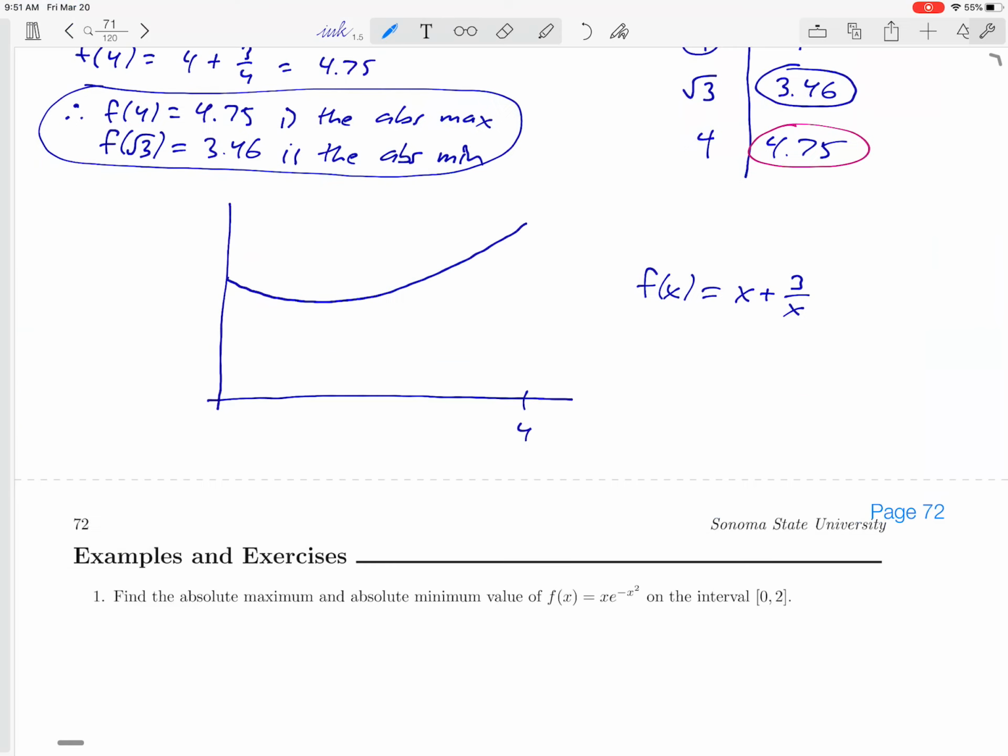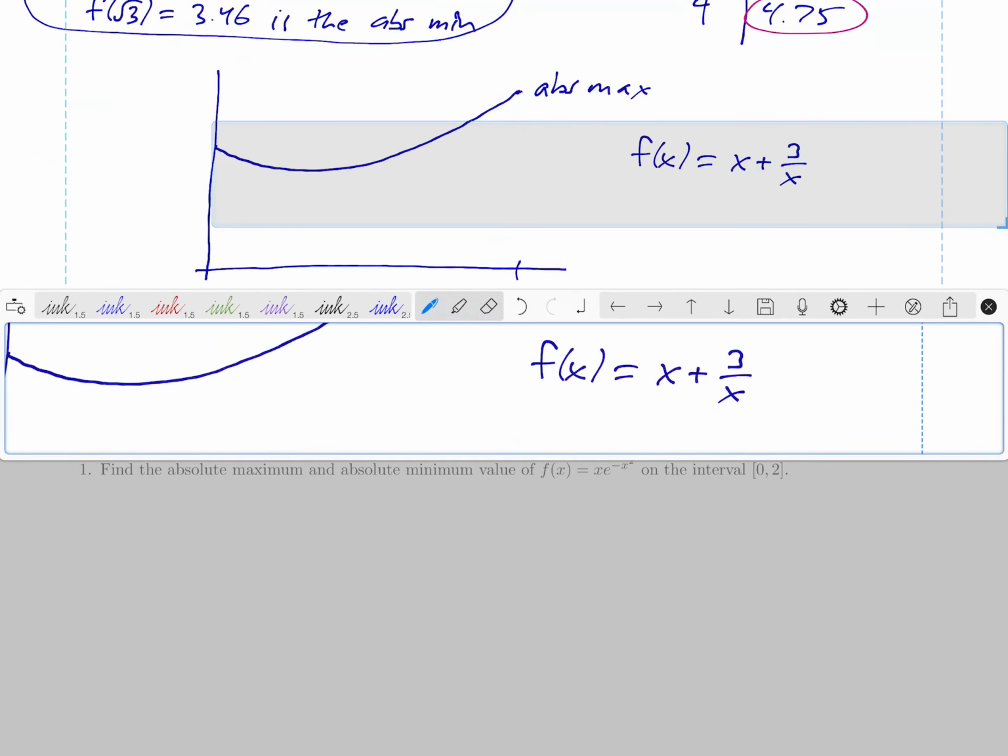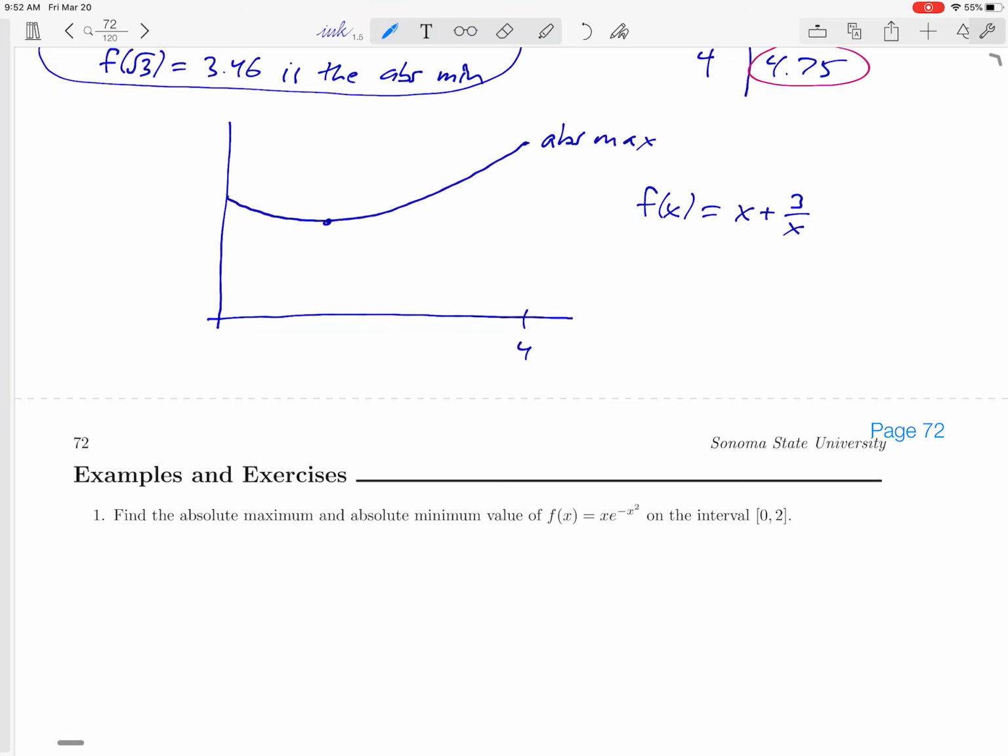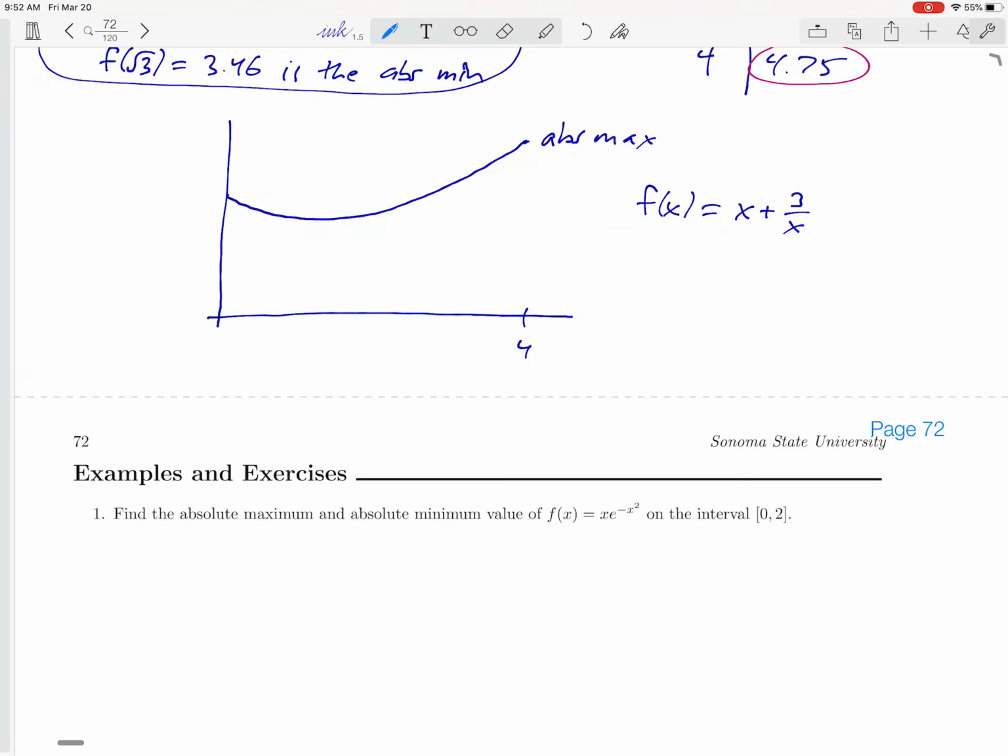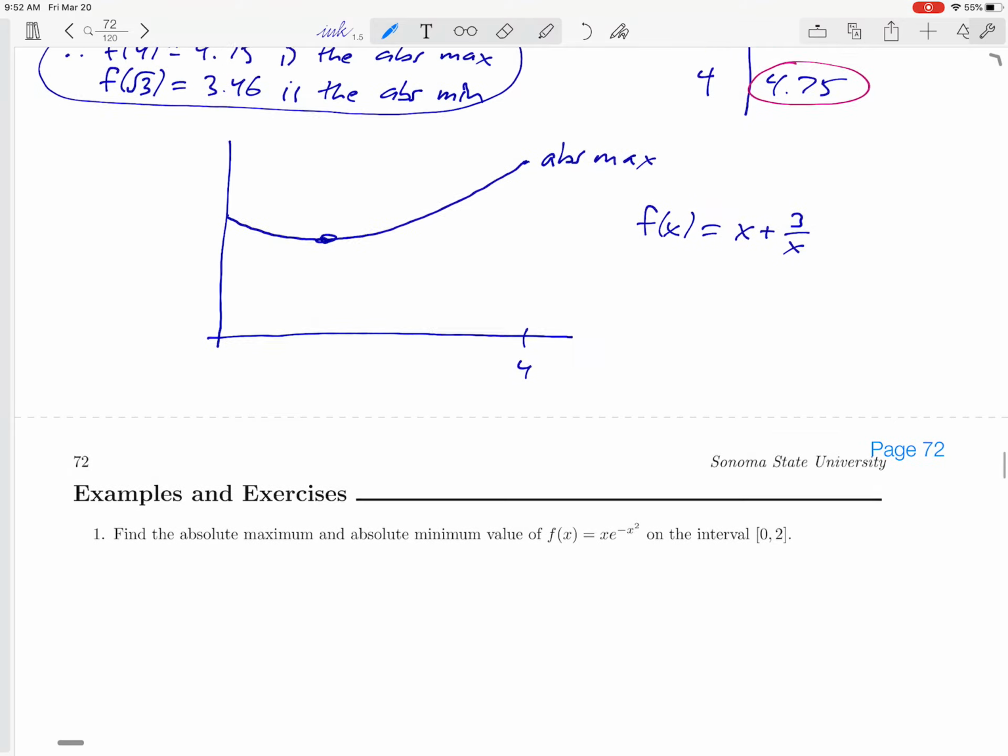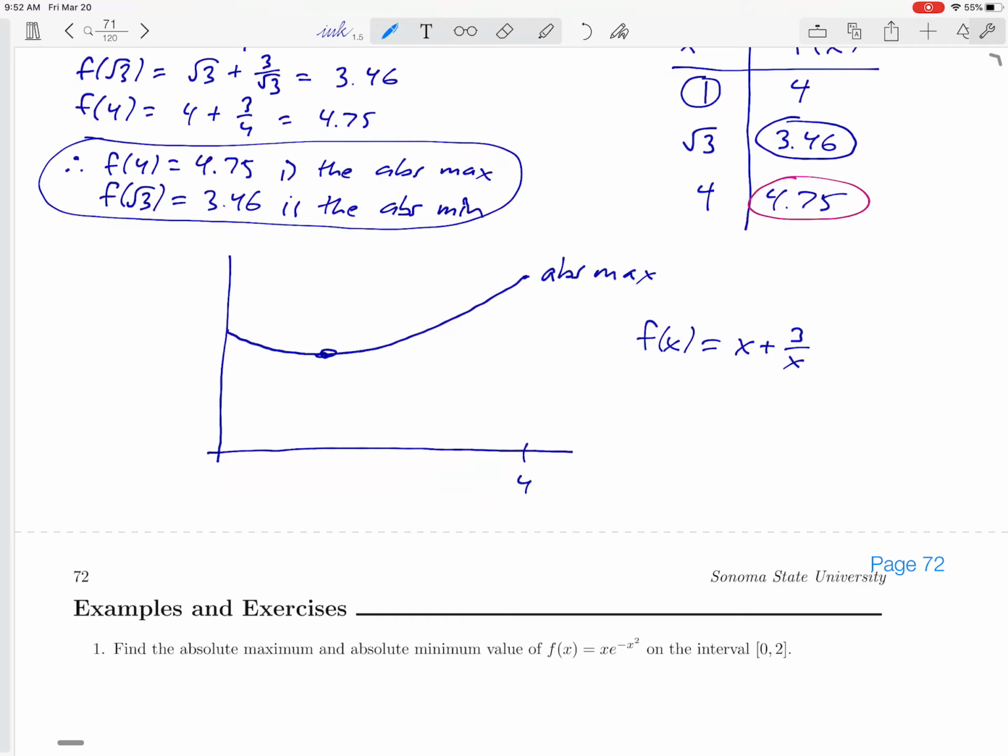I'm not going to bother to label the y-axis. You can maybe do this on your calculator and see. Notice that sure enough, it looks like our highest point is over here at 4. That's our absolute max. And our absolute minimum is somewhere about here. We've got an absolute min at that point. Let me scroll up again. And if our work is right, that should be about the square root of 3 and 3.46. And if you graph this on your calculator, it's going to give you a more